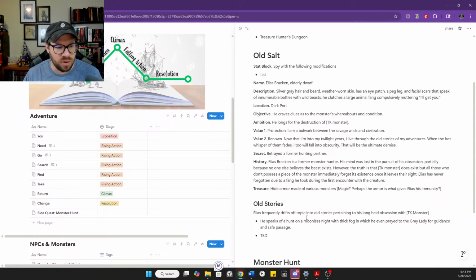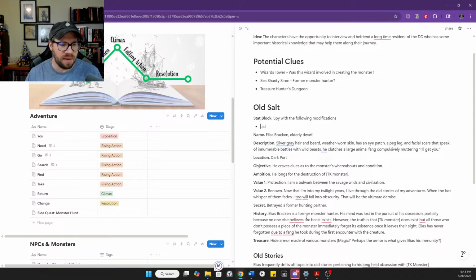So I really like Ben's idea about him needing to make these Wisdom saving throws or something along those lines to avoid just charging straight at this creature, just being blinded with rage. So let's do something like that.